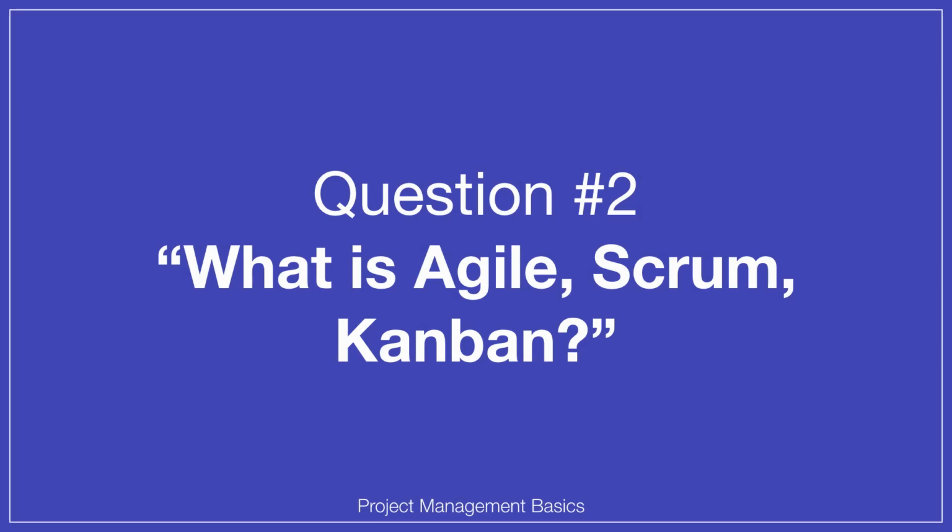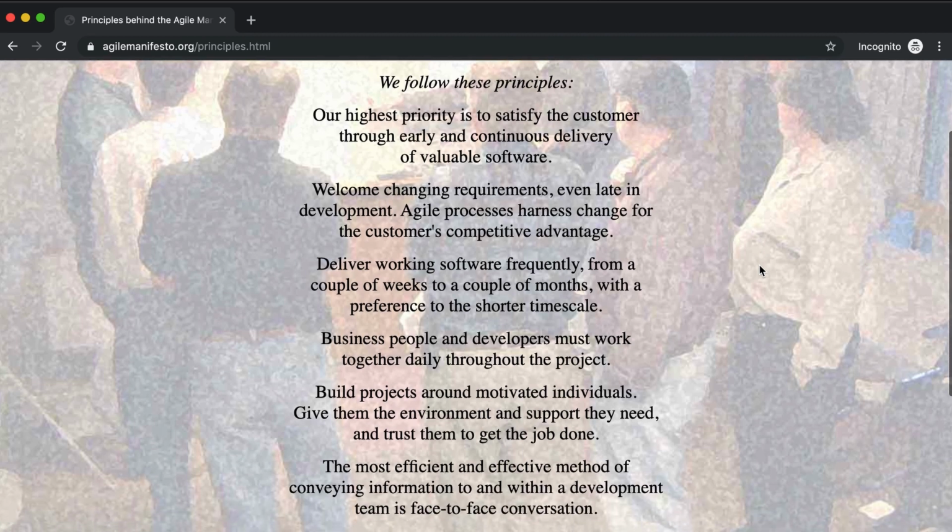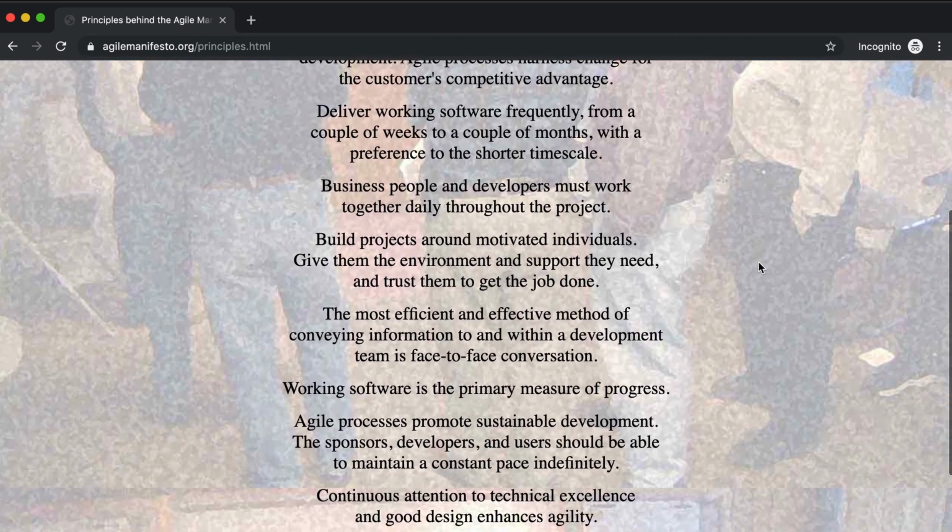Alright, the next common question is, what is Agile, Scrum and Kanban? And I hope you see the catch here and you shouldn't mix all these three terms together. Agile is an approach to managing something. It's a set of concepts and principles. Scrum and Kanban are frameworks and you need to know the specifics of how to implement Scrum and Kanban on your project to lead the development of the application.